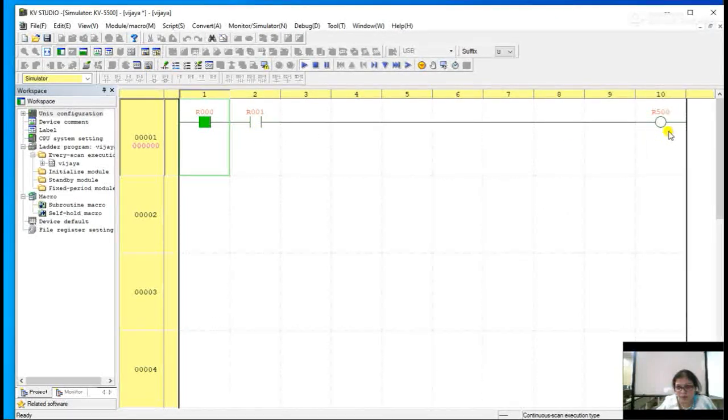There is no output device running. Why? Because the logic is an AND gate. If and only if both the inputs are high, then only my output will be high. Assuming these two as the switches, this as the light or a lamp or an LED, and this as the DC power line, if I just open this switch, there is no continuous flow of current to this lamp, therefore the output is off.